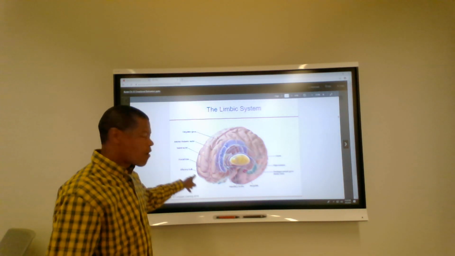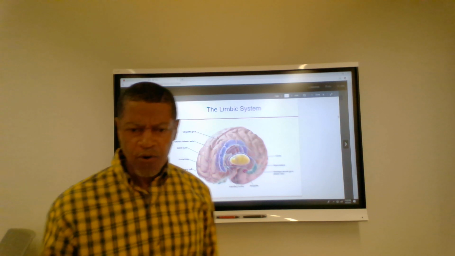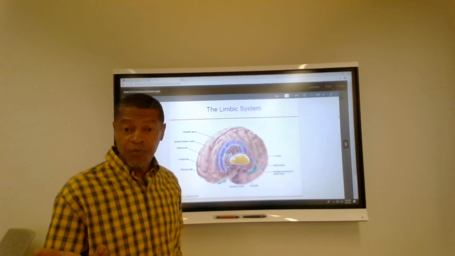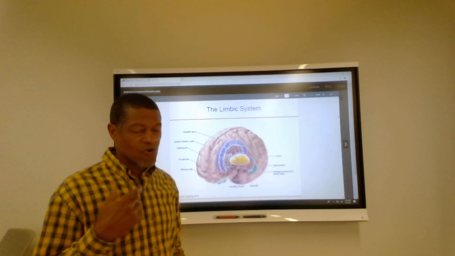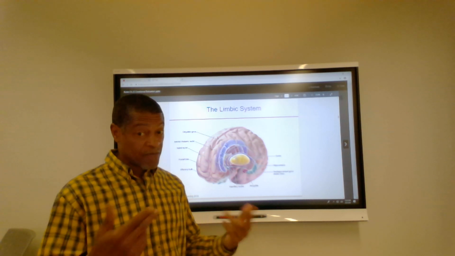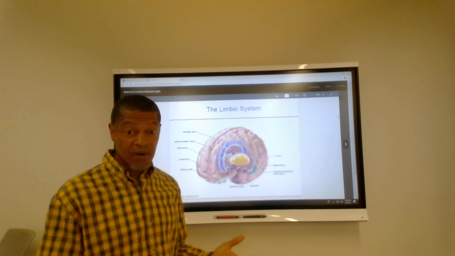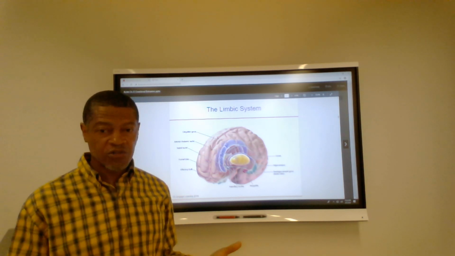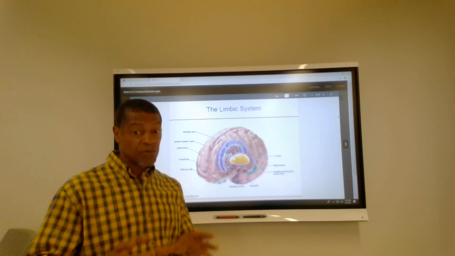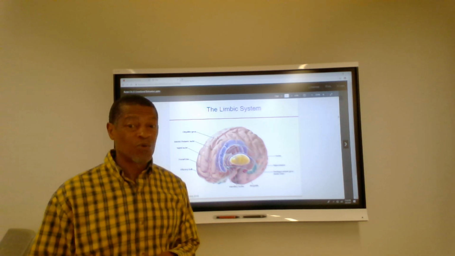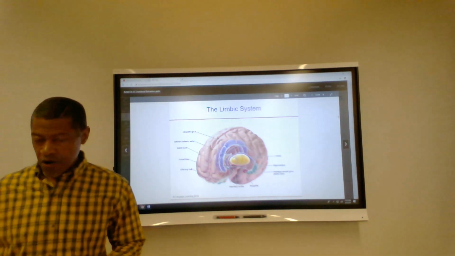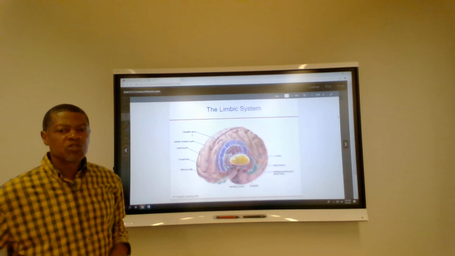Olfactory bulb. Olfactory. I wonder what that's for. Smelling. Smelling is very important for emotion. Animals that don't talk, or mammals that don't talk, they communicate by smelling. So smelling provides a whole lot of information about how they need to respond to things. You know, certain dogs or cats can smell another dog or cat and know if it's time to reproduce or if they should be scared of another animal. That's why they sniff one another like that. Well, we don't necessarily do that, but again, it's very important for emotions, that is, smelling.